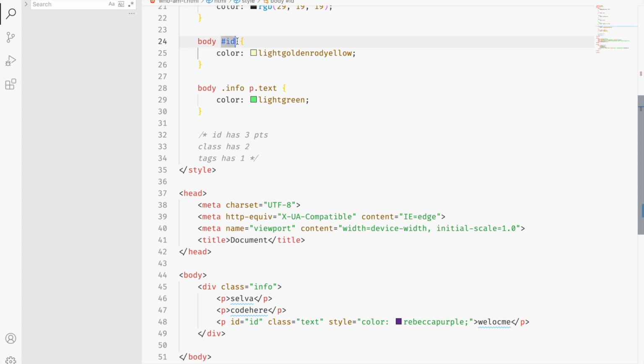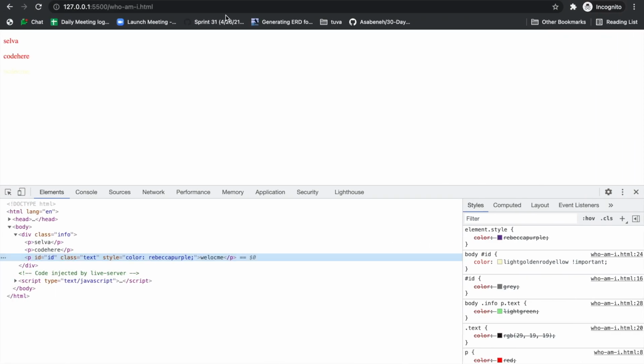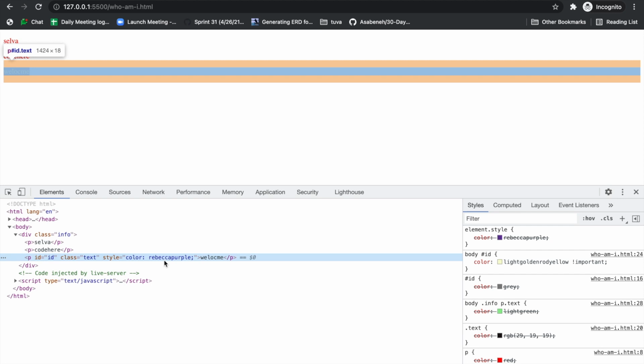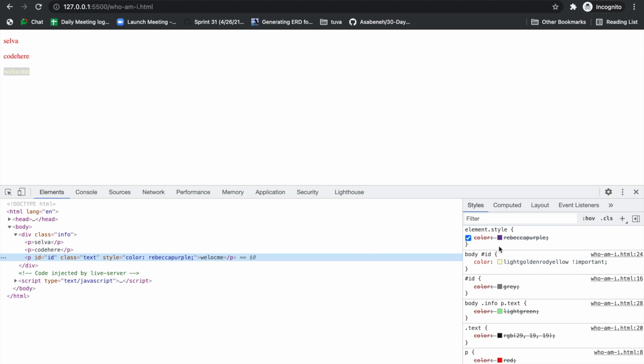But yeah, you can override using that important. See here. So this is how it works.